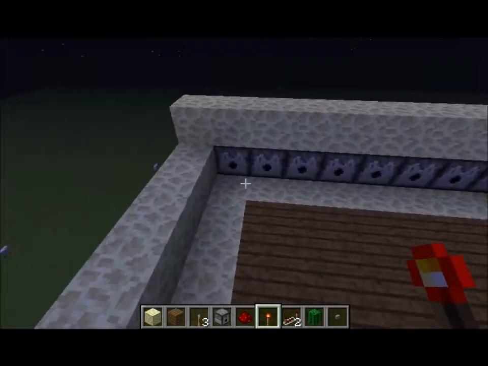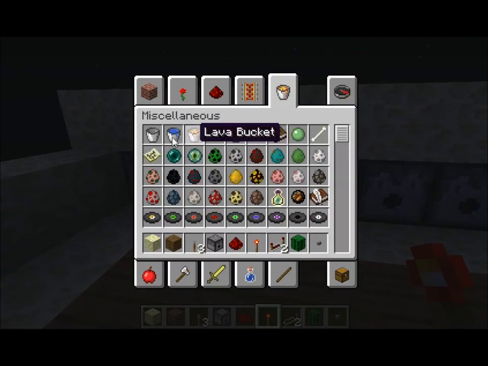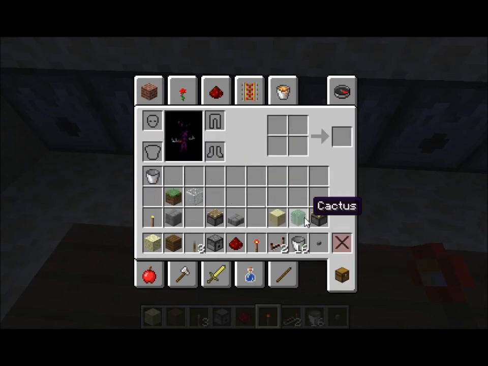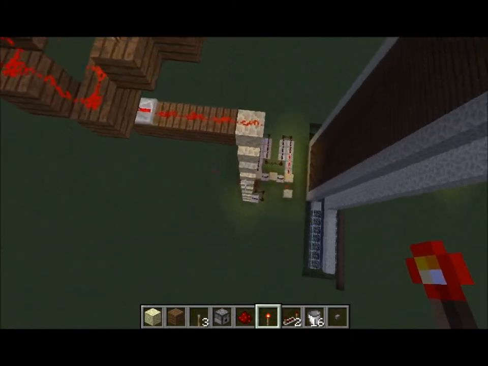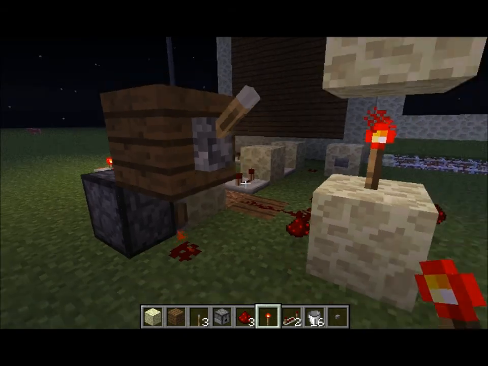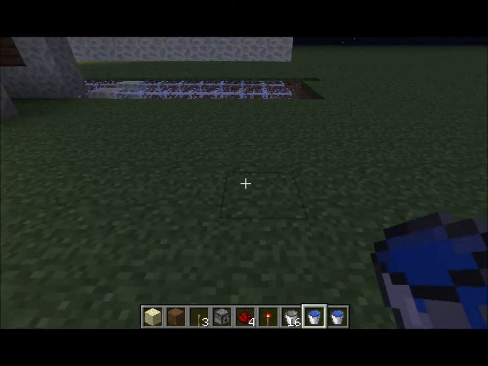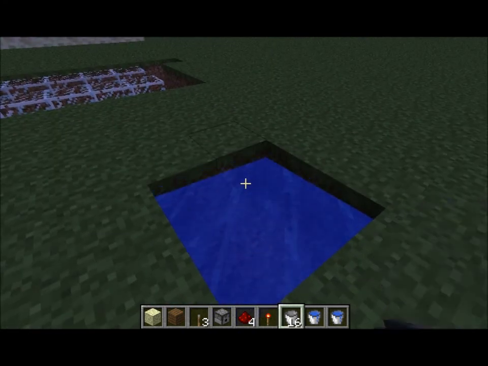All you have to do is put water in these, which I will do right now and show you how everything works. So let's get a bunch of buckets of water. Actually, what am I doing? A very easy way of doing this is just filling up buckets. Let me turn off the clock so that the water currents will be equal, going at the same time. You don't want one of the dispensers shooting out water and